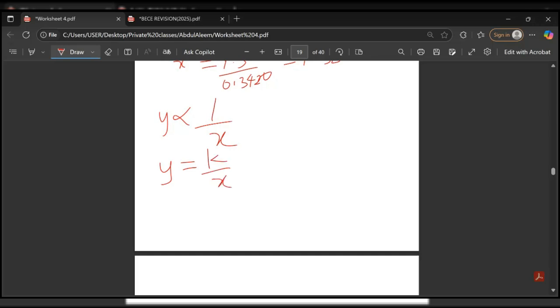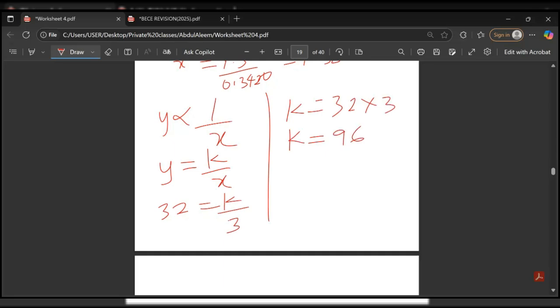So we are now given y equals 32, just change it straight, and x is equal to 3. So that means k equals 32 times 3. That means k equals 96. So the question is find x when y is equal to 15. So we now put this in this equation. That means y equals 96 over x. The question asks us to find the value of x when y is equal to 15. So that means y is 15,